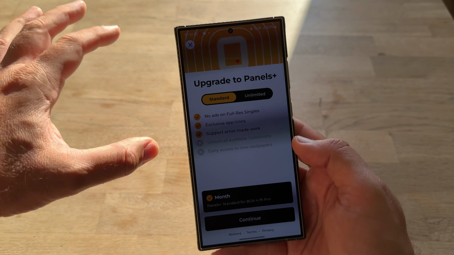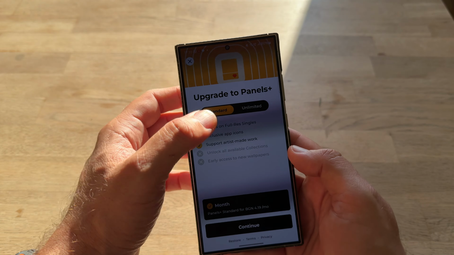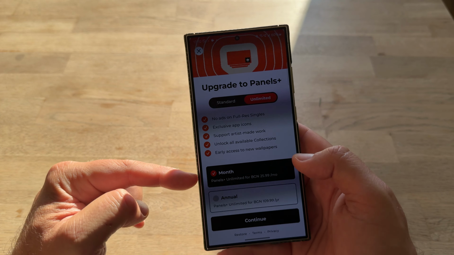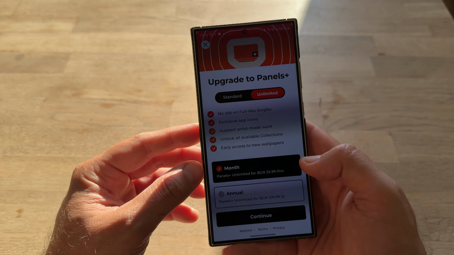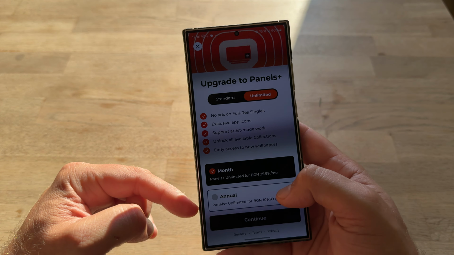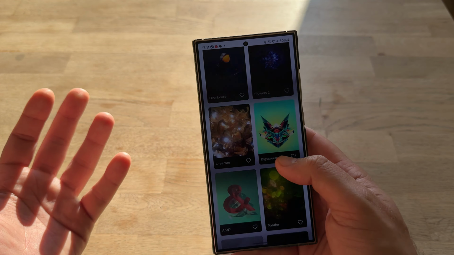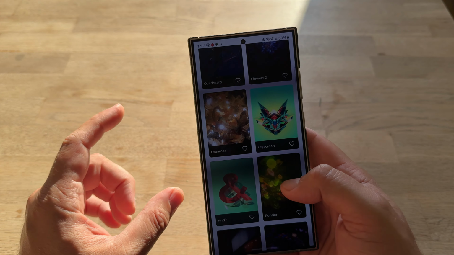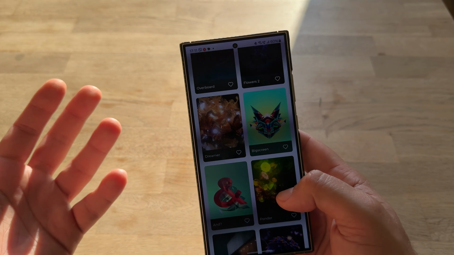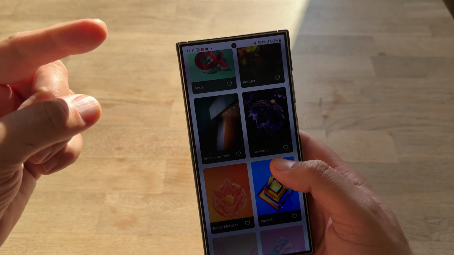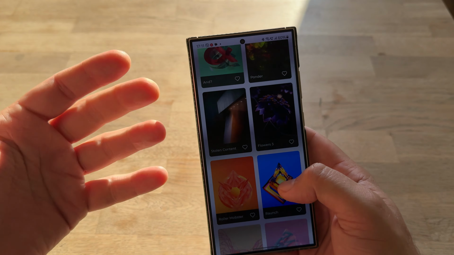If you want to get really the best experience, get all the wallpapers, every Friday new drops, then you have to go and click unlimited, and this will cost you something like 12 euro per month. So at the end of the day, annual plan is something like 50 euro, so it's still the same. I still believe this is expensive, but also, as Marcus said, probably from all the people around the internet, only 1% are willing to use apps for wallpapers, and then maybe from this 1%, only 1% is willing to pay.